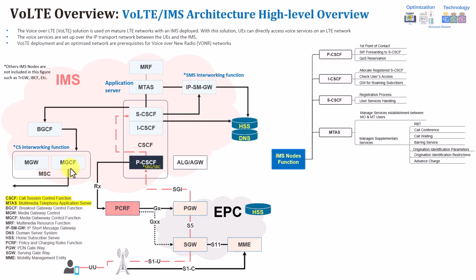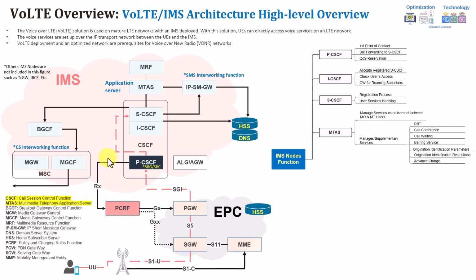And this is mainly responsible for providing the control plane for the interworking towards the CS network. This is responsible for the control plane part, which is redirecting the data towards the CS network. What do we mean by the control plane? It means it translates, for example, between the SIP messages and the corresponding messages in the CS domain. As you know, this is the IP network and this is the CS network. So there should be some entities translating the languages between both of them, which is being done by